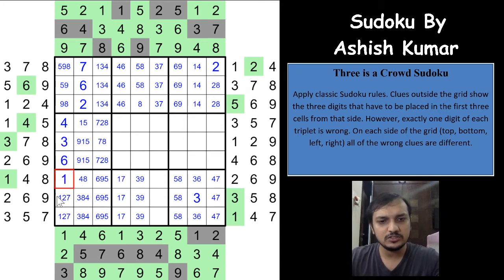And 1 has to be placed here now, and 4 and 8 will have to be placed here, okay? 1 can be placed, and because of the 1 being here, 1 has to be in one of these 2 cells, right? 1 cannot be here, and because of the 1 here you get a 1 here, which means that has to be a 7 in one of these 2 cells, right? Okay, so we have marked up till here, and let's see if that is helping us.